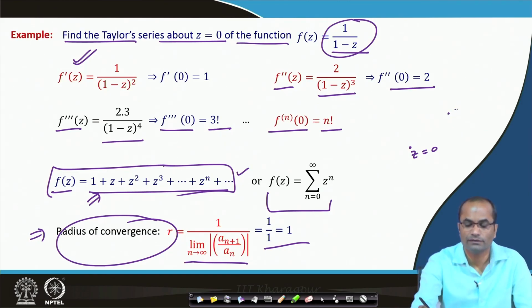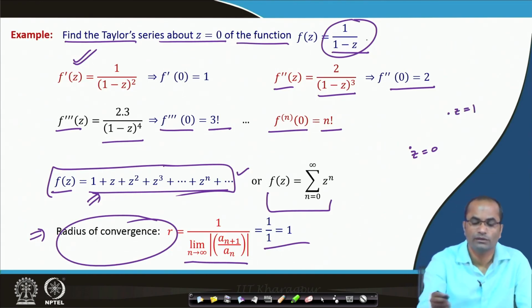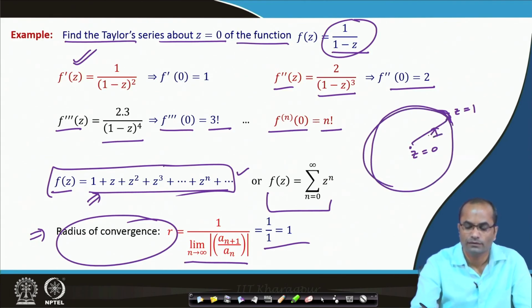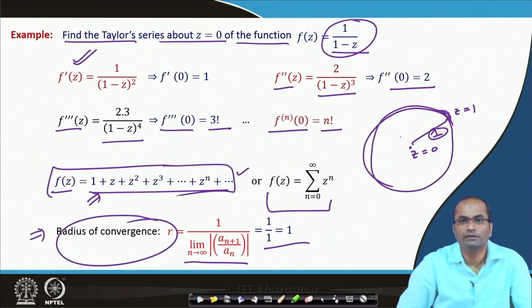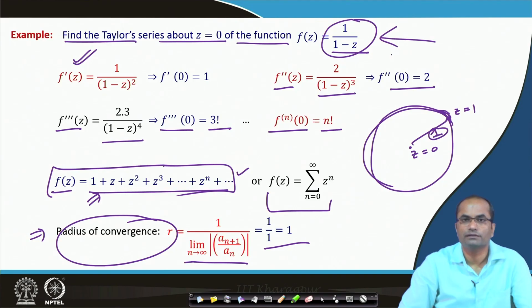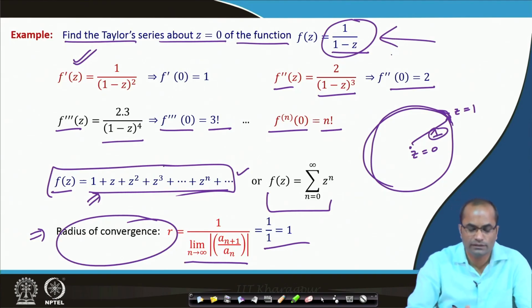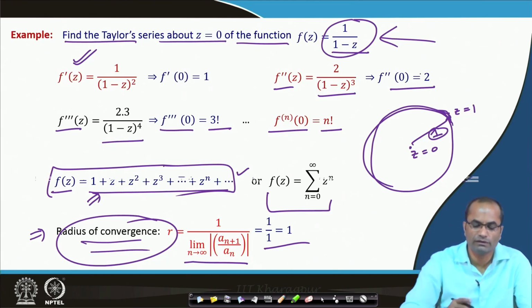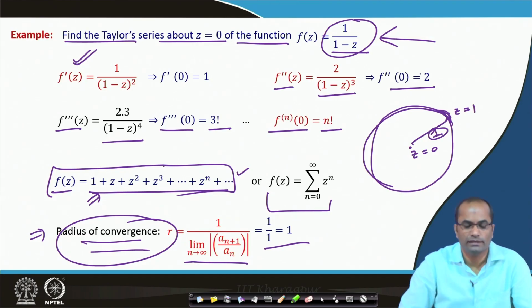So, here we have this z equal to 1 point where the analyticity breaks down. We can go up to this point, but we should not cross or touch it, and then this circle of radius 1 will be, so 1 will be the radius of convergence from the direct observation of the function regarding this region of analyticity, but we can get the same by the formula. I hope it is clear now that in either way we can discuss the radius of